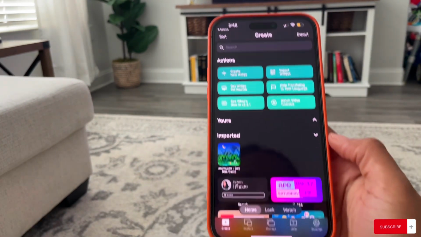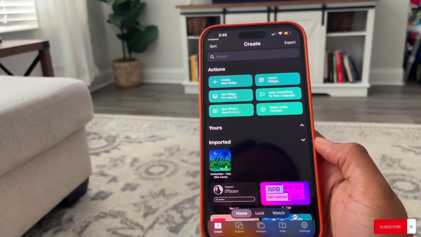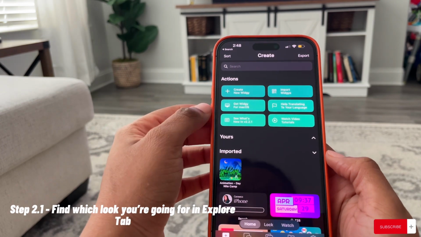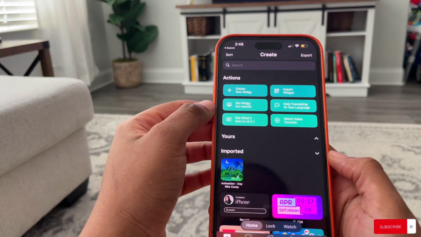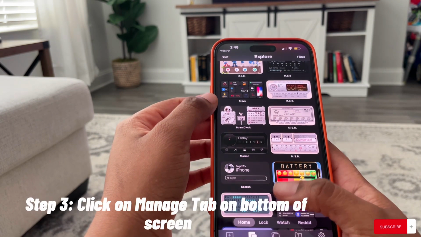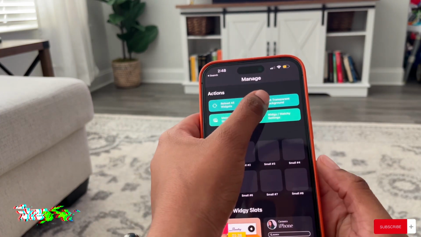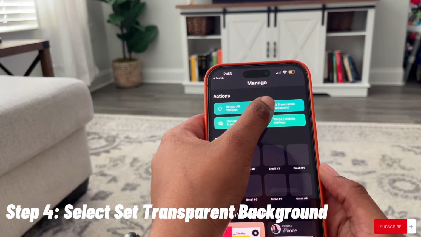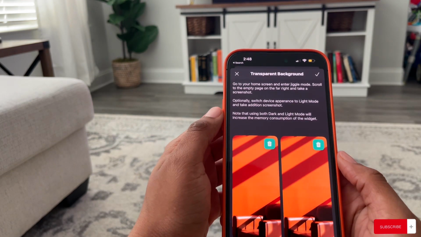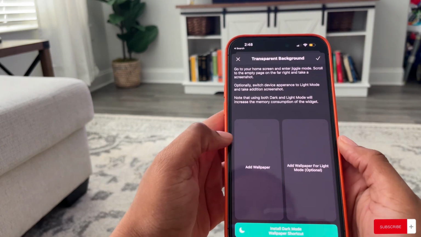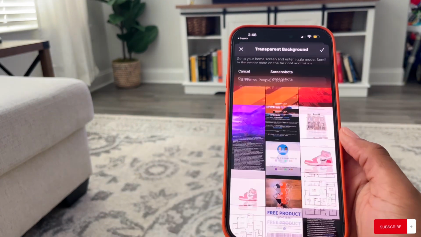This app has many different options that you can choose from. One of the first things you're going to want to do when you're here is go through the Explore tab and figure out what you're looking for. I'm obviously going to be showing you what my options are, what I like, but you can choose whatever you like the best. So the next thing you're going to want to do is go to transparent background, and